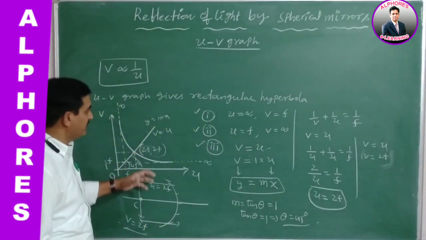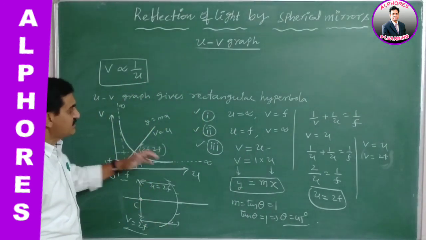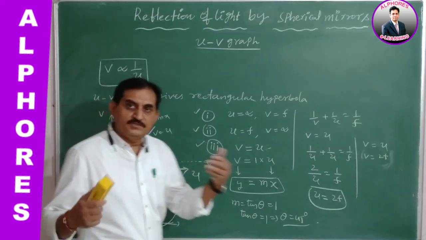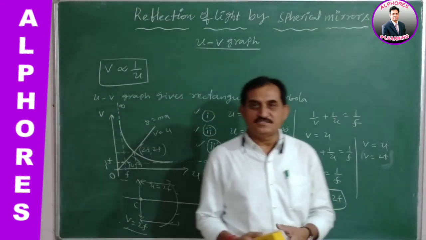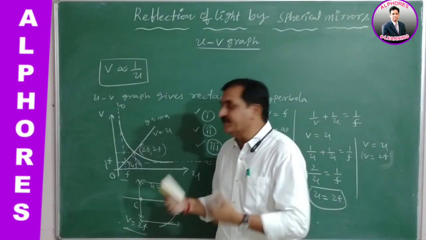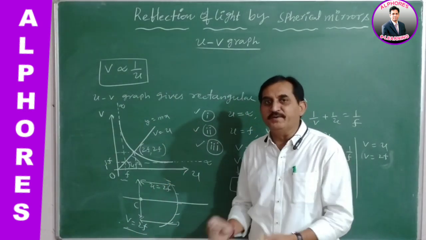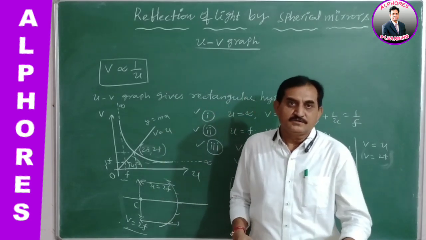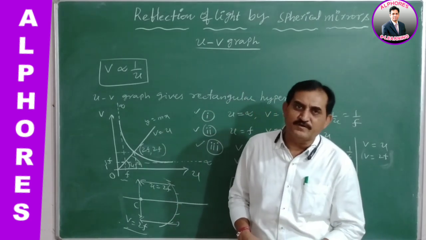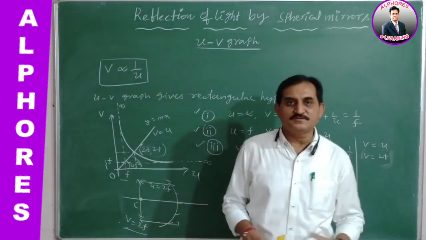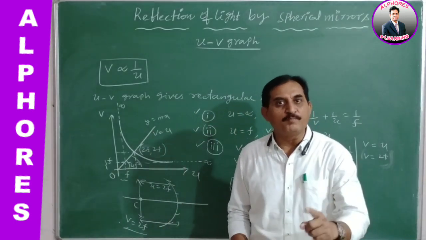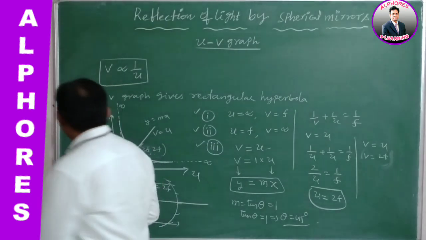It is given just for the sake of understanding how the nature of the UV graph is obtained by the condition fundamentals. So it's over. It is just basic. Then we are going for the total UV graph of concave mirror and convex mirror with their proper sign convention. Okay. The next